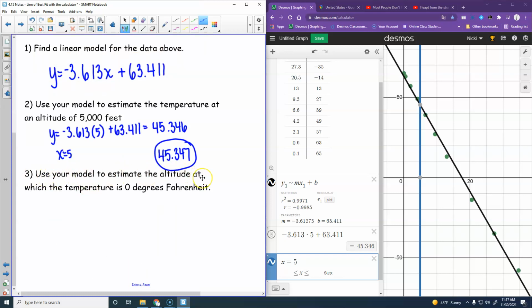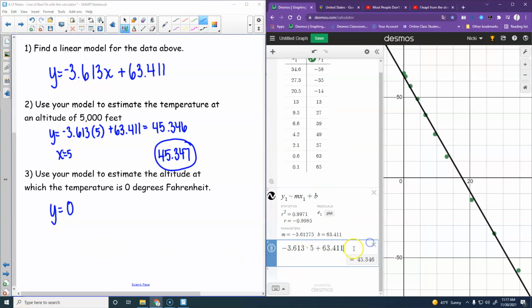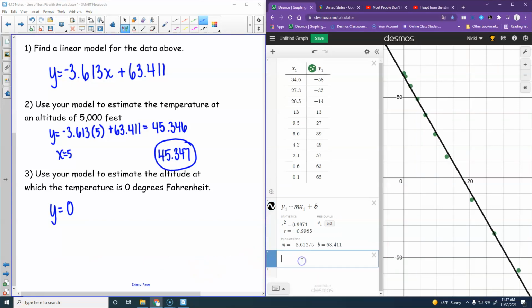Use your model to estimate the altitude at which the temperature is 0 degrees Fahrenheit. So 0 degrees Fahrenheit, is that X or Y? Y was our temperature, right? So Y equals 0 is what we're looking at here. So if we think about that same thing here, I'm going to get rid of that line. We could do this a couple ways. The quickest and most exact way is just to type in Y equals 0. It's going to put in a horizontal line. Okay? And so if you do that, then if you go over here to where those lines cross,